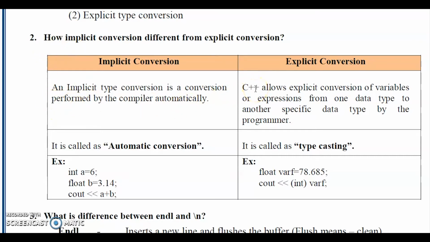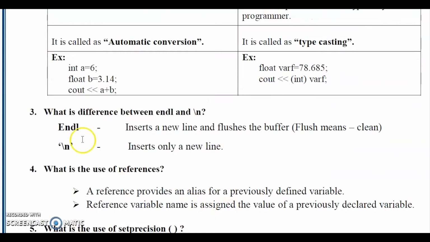In explicit conversion, C++ allows explicit conversion of variables or expressions from one data type to another specific data type by the programmer. So it is called automatic conversion, and here it is called typecasting. They have given one example: here an integer is added with a float, and here we are converting the float into integer explicitly, right?